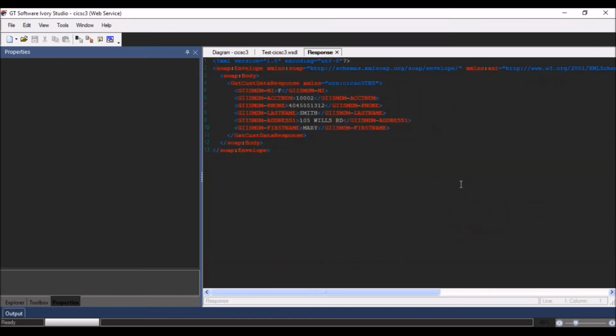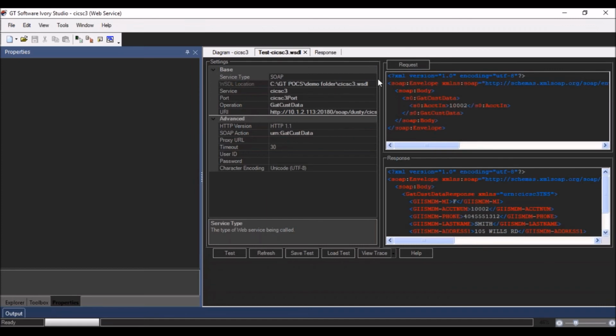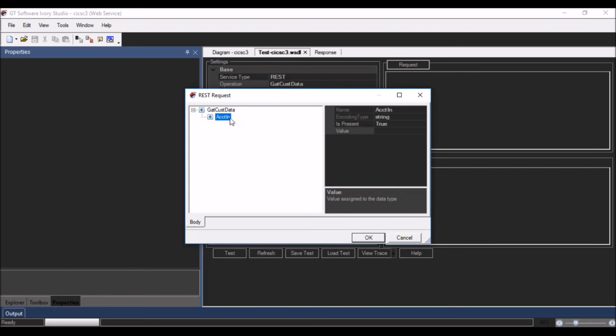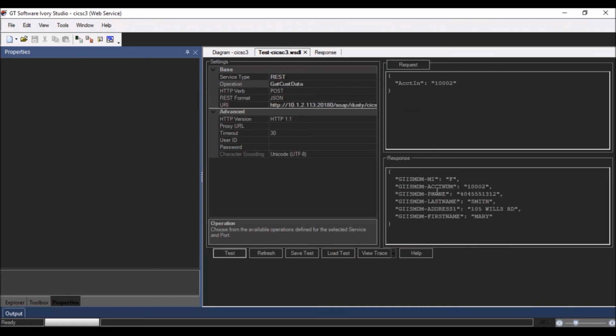Now, if I open that at a different screen, you can see I'm getting an XML response back. But this is a SOAP response. If I want to see that via REST, I can also just come back in and say, okay, let me re-enter this data. And now when I hit test, you'll see the response is a JSON XML format. So very quickly, I created an API based off of a 3270 application on systems